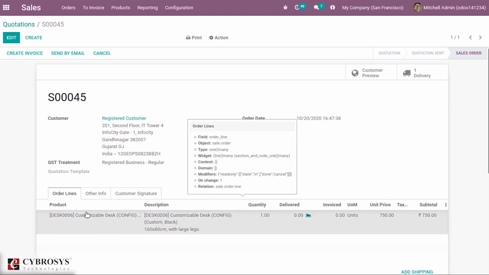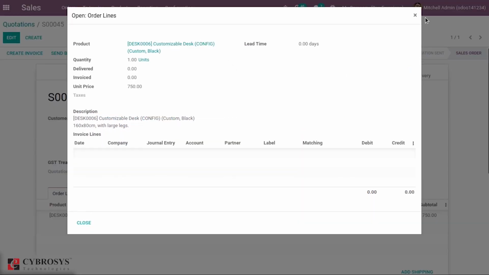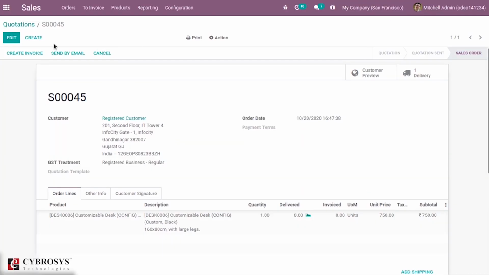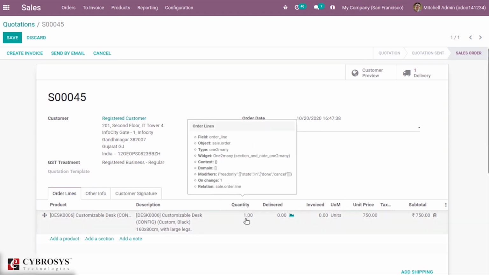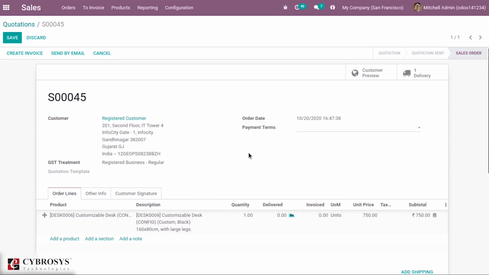Then for a product, there is one thing: we can set the invoicing policy, like whether to create an invoice after delivery or before delivery. You can create regular invoices for your ordered quantity. As the ordered quantity is 1, you can create an invoice for the ordered quantity, or in the other case you can create an invoice for the delivered quantity.